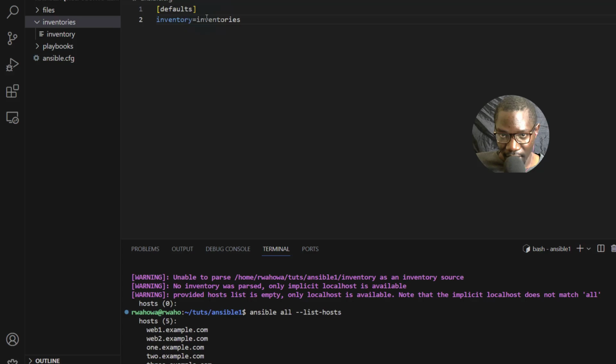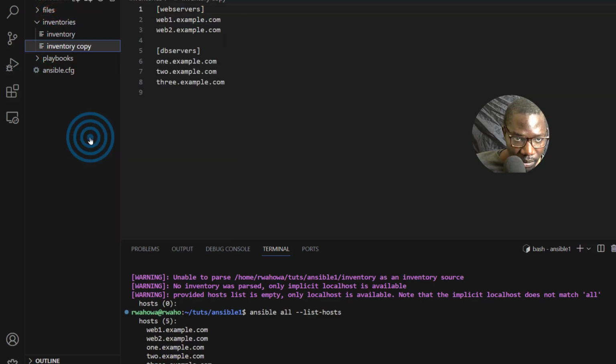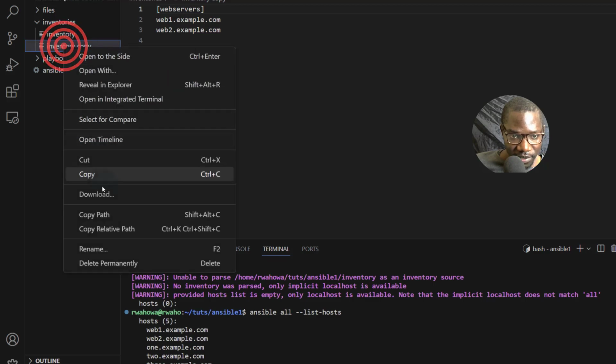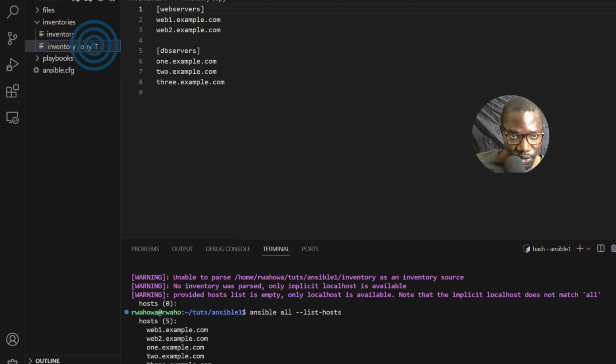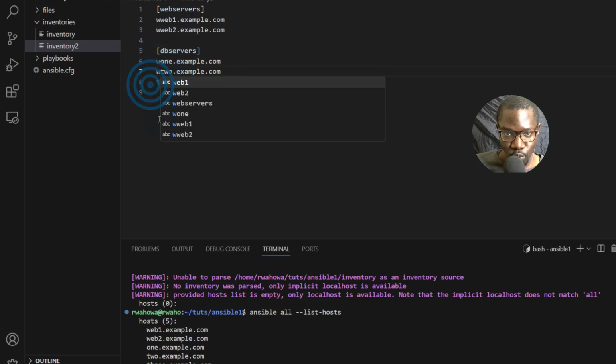So if I come inside of this inventories file and maybe duplicate, paste it in there, and rename it to inventory 2, right? And then we can change the names to web 1, web 2, web 3, and then we can save.